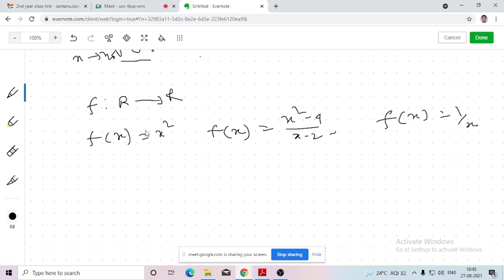Now the domain is the set of real numbers and the codomain is also the set of real numbers, and out of these three, which one will be a valid function and which one is not, if I keep the first as intact, and second and third? Sir, it will not be valid for x = 2 and that one for x = 0.